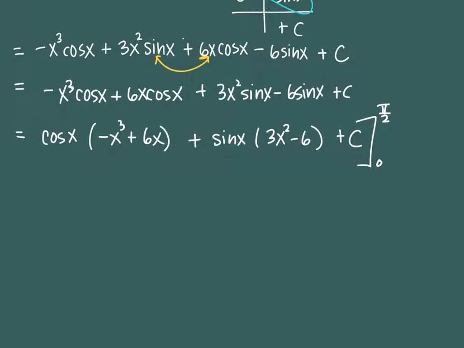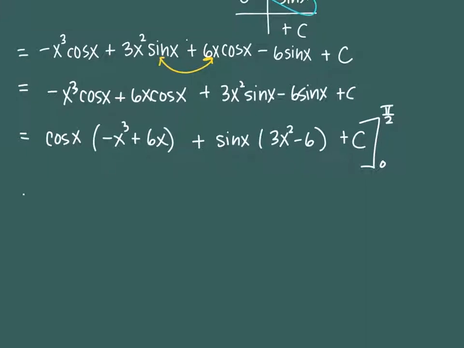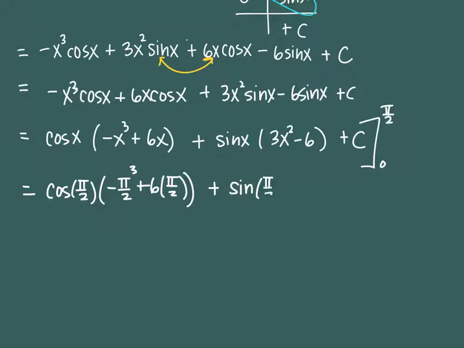What is the cosine of pi halves? And what's the sine of pi halves? That's 1. All right, so we got to plug in cos of pi halves times the quantity negative pi halves cubed plus 6 times pi halves plus the sine of pi halves, and that would be times 3 times pi halves squared minus 6. So there's plugging in U plus C